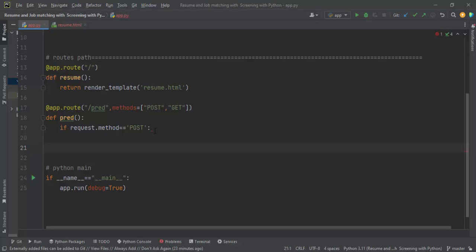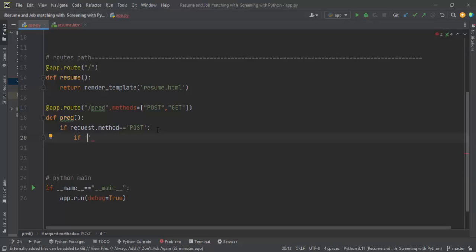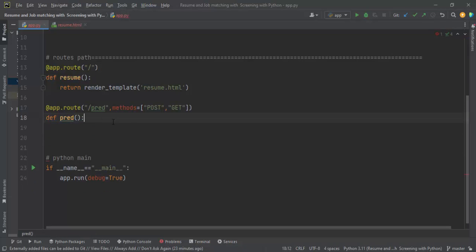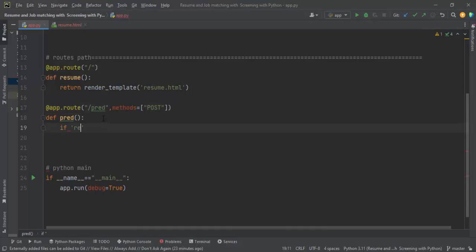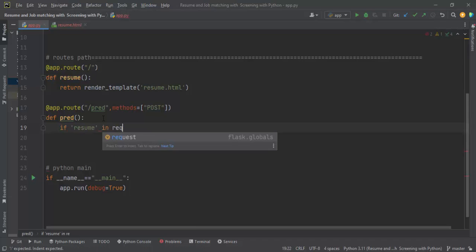So here in the pred route I can say that first you need to check. Basically if you don't want to give these things, it will also work, because we didn't give get, we have just given post. Okay, so let's remove this get, we don't need it for now, so that we can make things simple. So first I need to check if the resume,